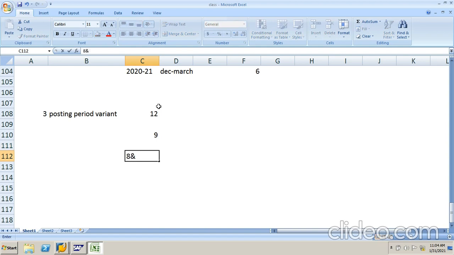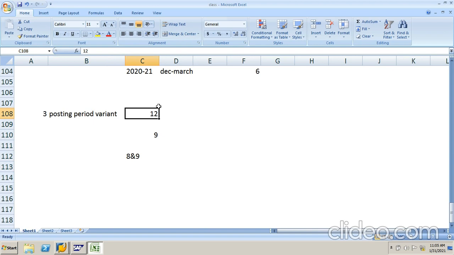Because to avoid errors, if you open the previous months, there are chances to post entries in previous months. Suppose you are supposed to post the entry in the 9th month, you may post the entry in the 7th month, the 7th period. So to avoid this kind of error, we have to close this variant.